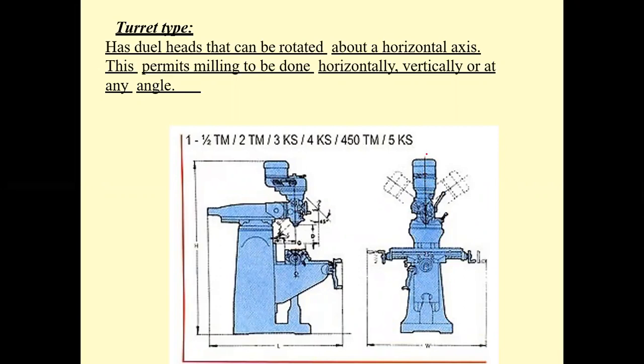So this can be at this particular position, or maybe at this particular one. For example, this point is considered as the axis which is perpendicular to your screen. So about this particular axis, you can rotate this, in this direction as well as in this direction. Initially maybe you are at 0 degrees. When you rotate it about 45 degrees, for example, maybe you can machine the surfaces even at 45 degrees.